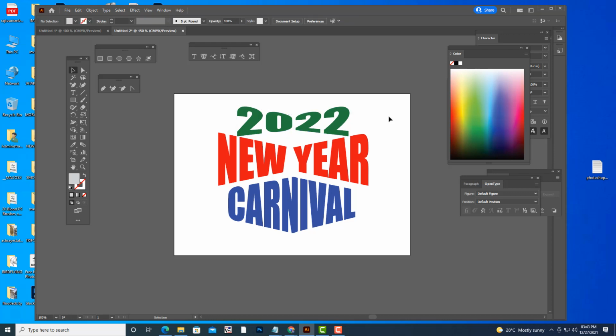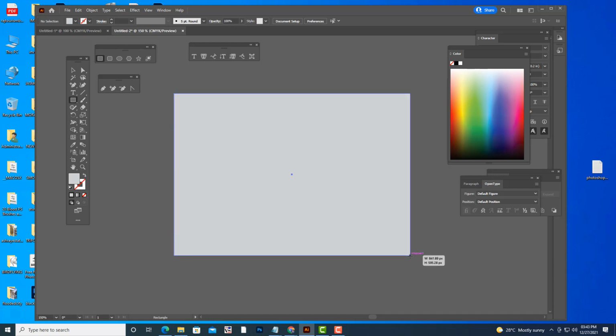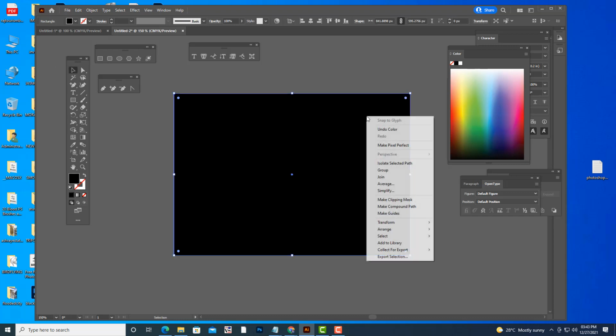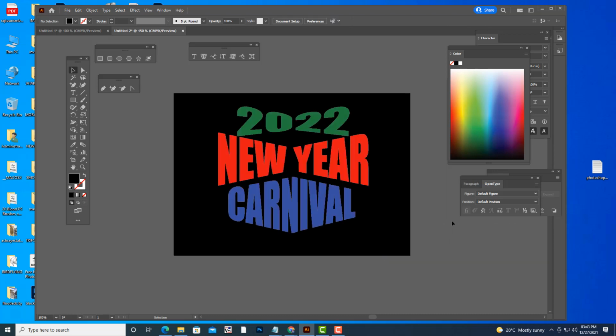So like this you can create some interesting things using the envelope distort. And if you want to create a background, you can keep the background completely behind everything.